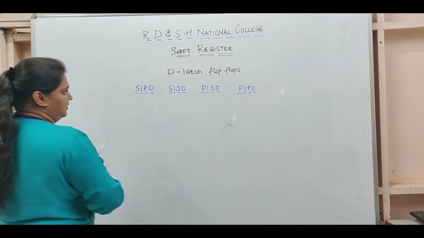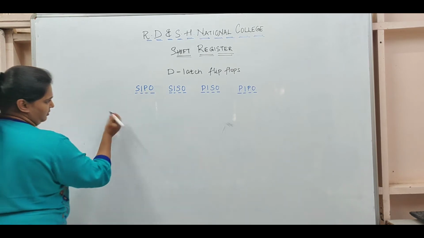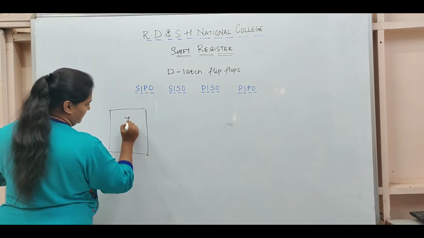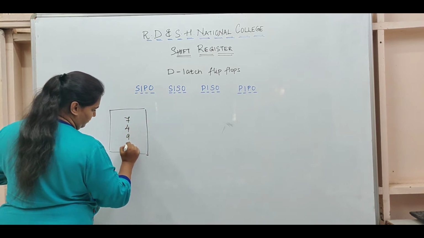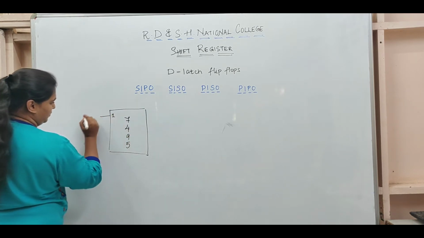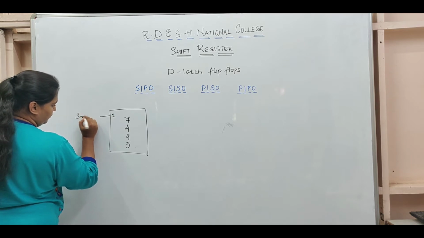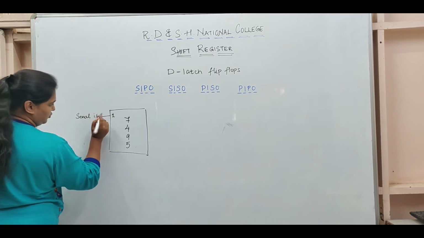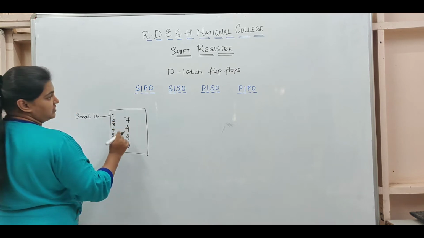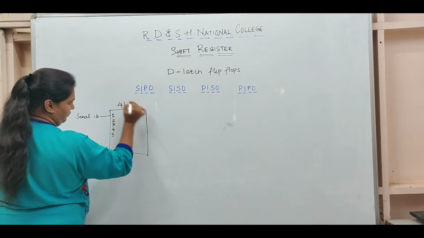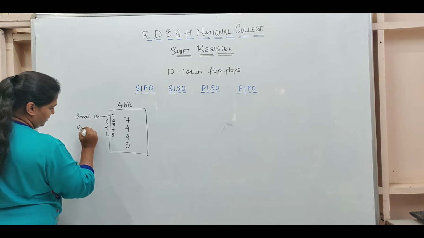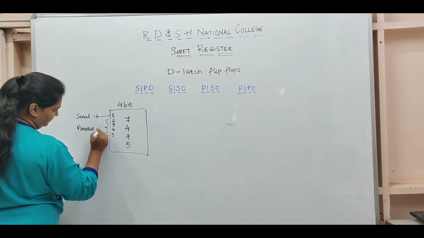So let us look at the IC diagram of a shift register. We are going to use IC 7495, which is a commonly used shift register IC. In this, pin number 1 is where I give serial input. So serial input has to be given on this pin. Then pins 2, 3, 4 and 5. Now this is a 4-bit IC, a 4-bit shift register, so these are 4 parallel inputs, since it is 4 bits.